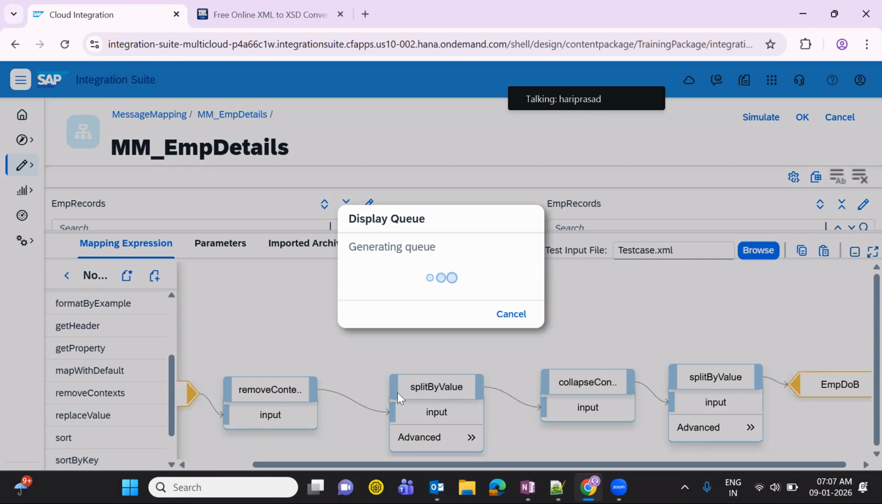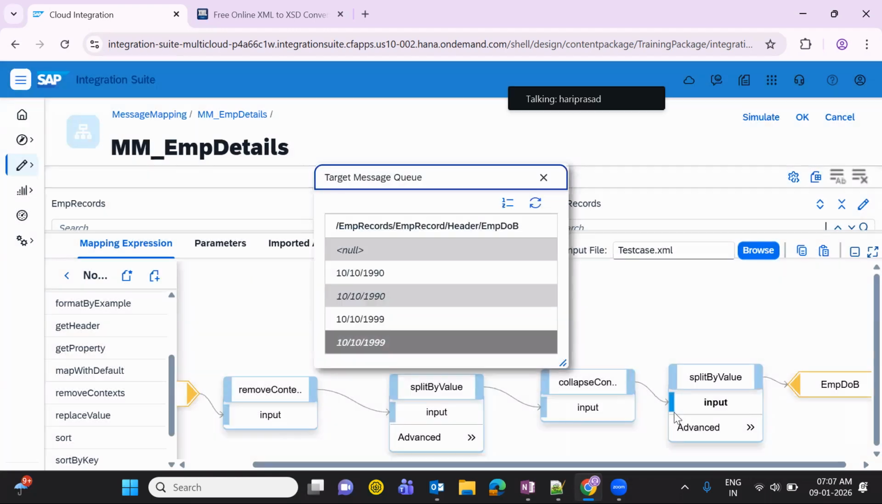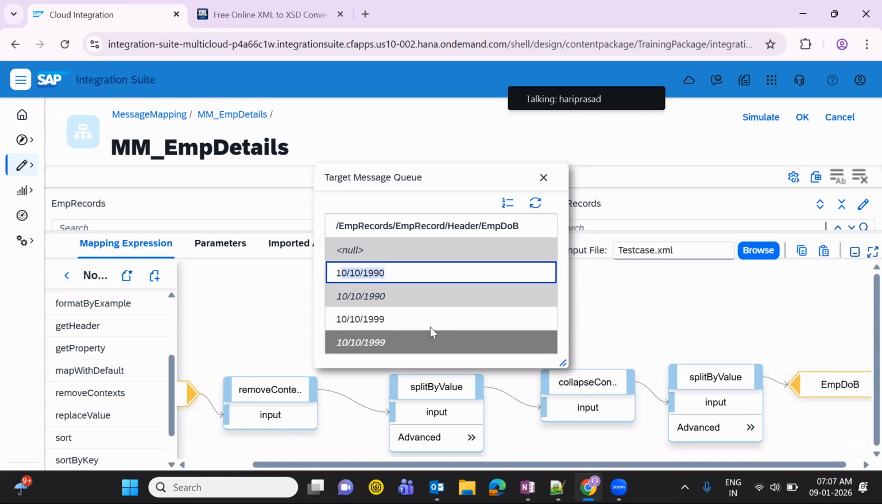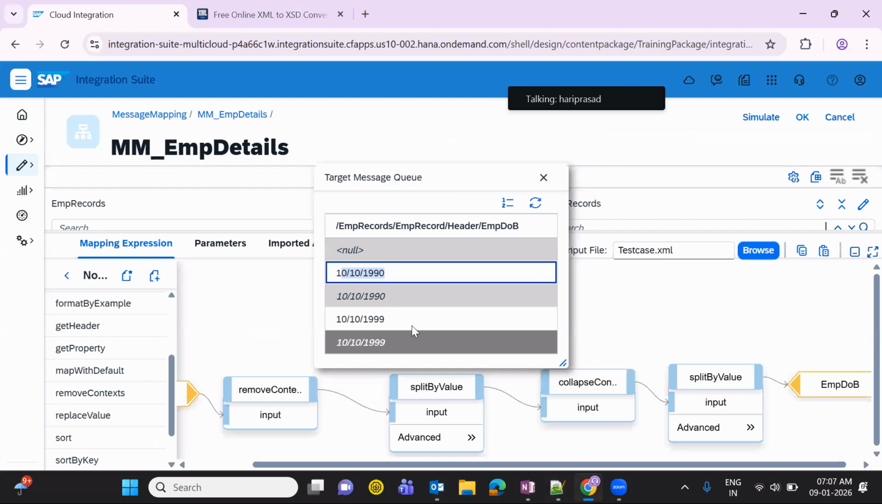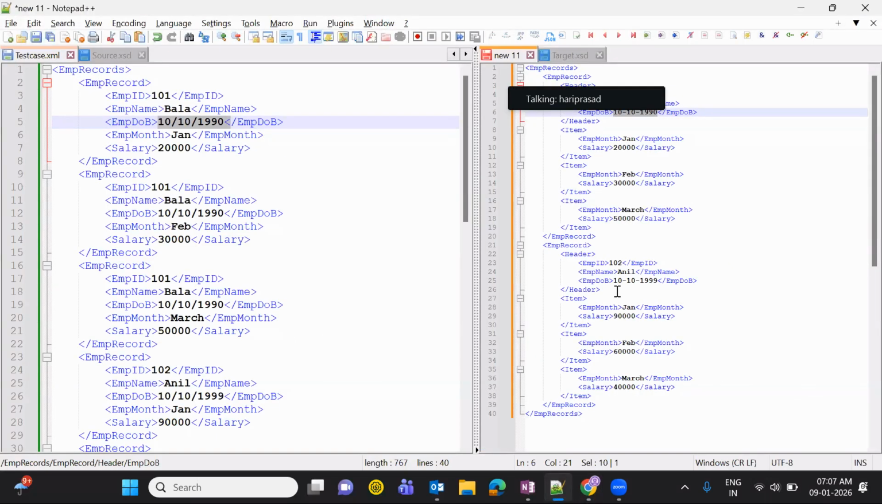The same operation we performed for both employee ID and employee name. So here the same ID got generated correctly. First is for 1990, which is for Bala, and 1999 is for Anil. So what do I need to do? I need to